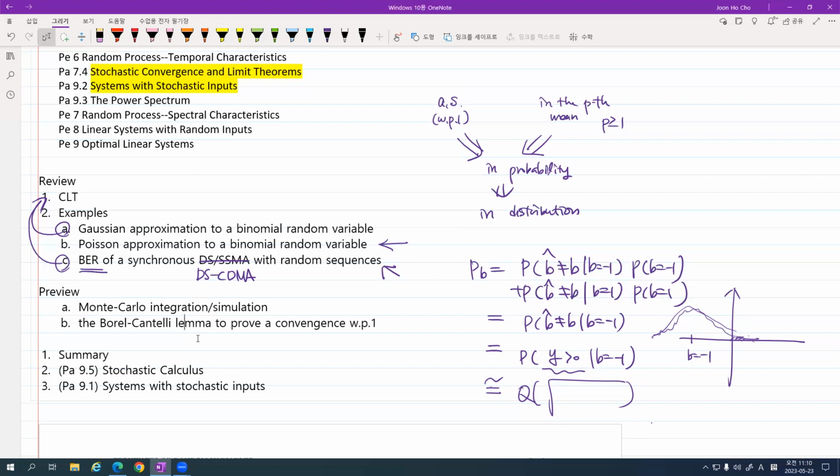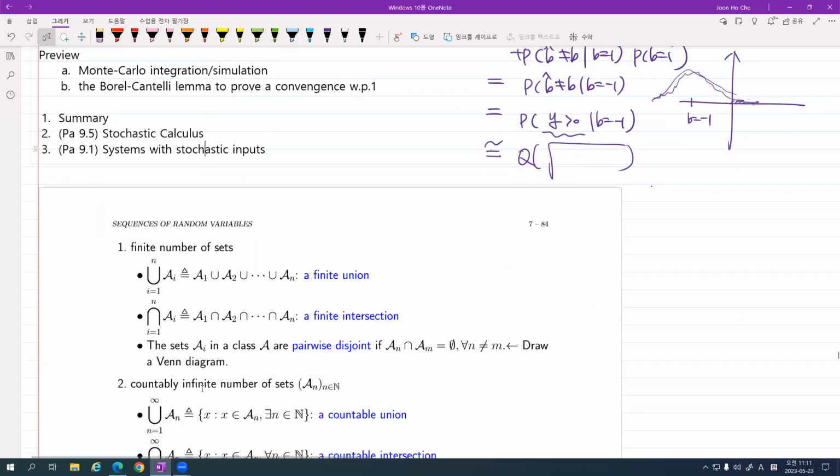As I told you probably last class meeting, almost sure convergence sometimes is not easy. However, this Borel-Cantelli lemma makes the proof very simple. You just say that, okay, the Borel-Cantelli lemma can be applied to my situation. Something is replaced by that, some other thing replaced by this. And then I can apply the Borel-Cantelli lemma. I have almost sure convergence, something like that. And I will quickly summarize all the stochastic convergence and limit theorems, and then we'll move to stochastic calculus. Got it?